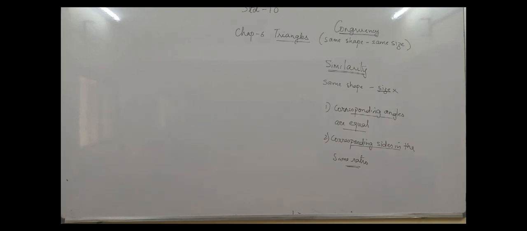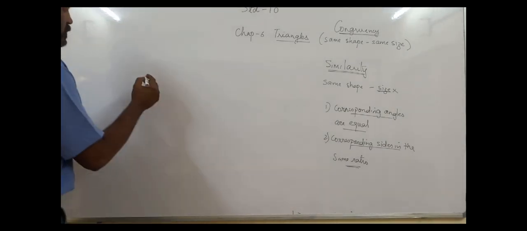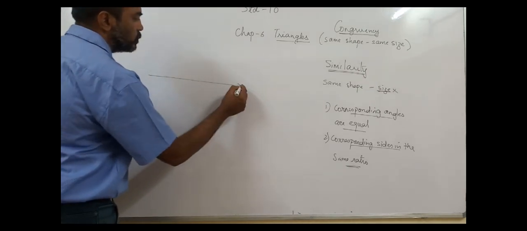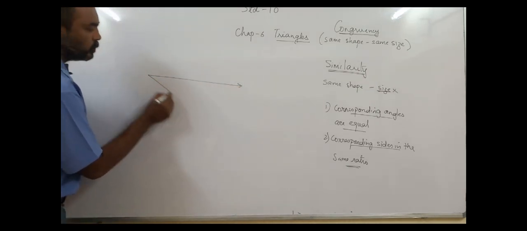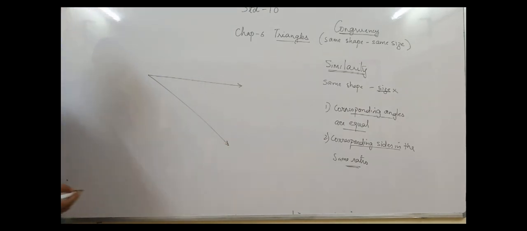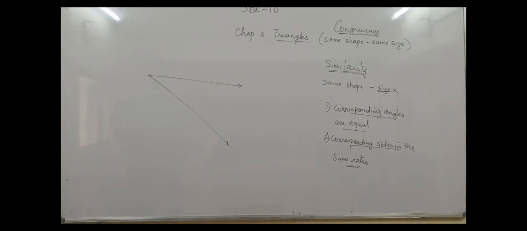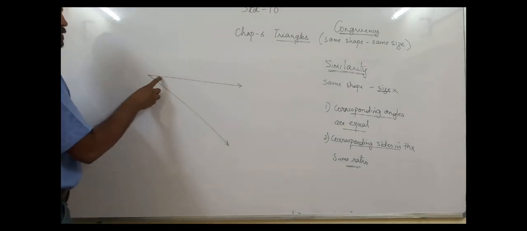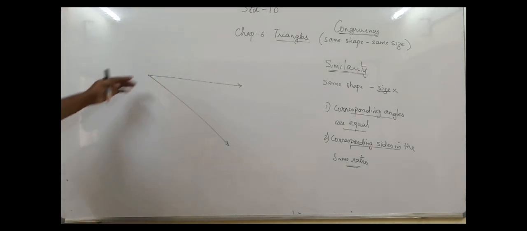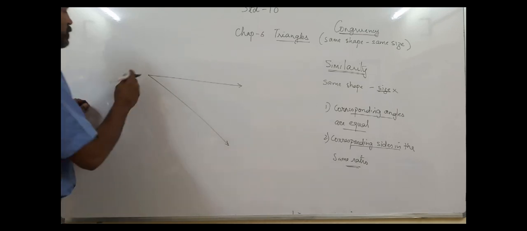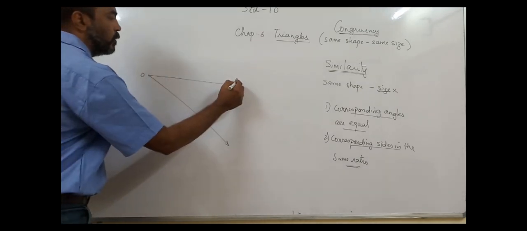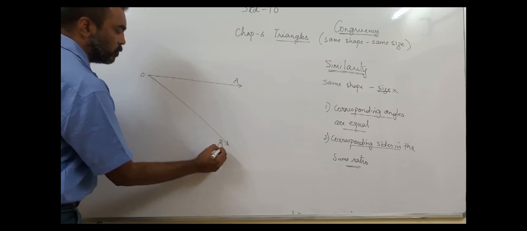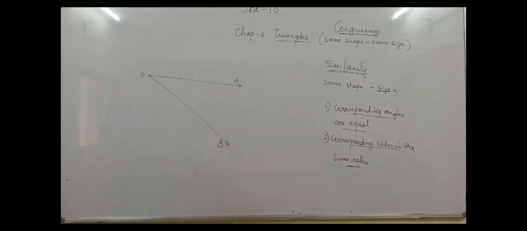What you have to do is, with the help of a scale, draw two arrows and make an angle. It can be any angle. If you want to measure this, kindly measure say 30 degrees, 60 degrees, 45 degrees. Otherwise this is the idea you have to make. Let me call this OA and let me call this OB. You can go along with me and do this activity. I have drawn OA and OB.